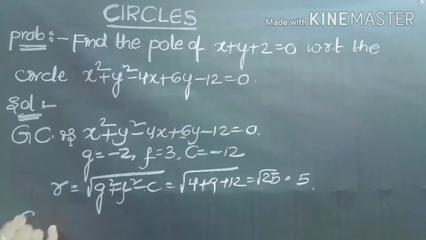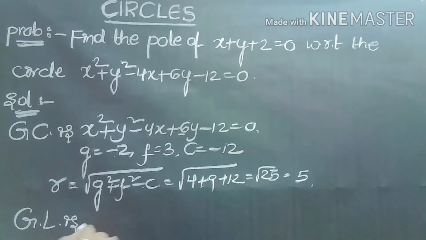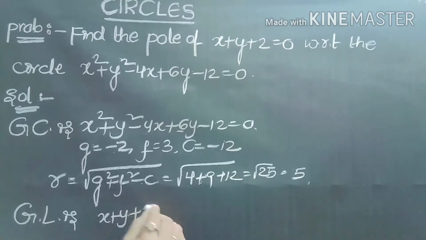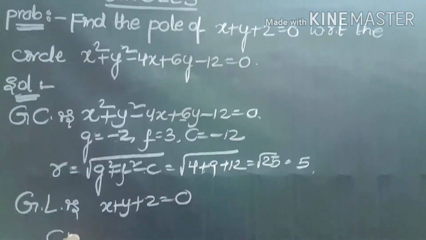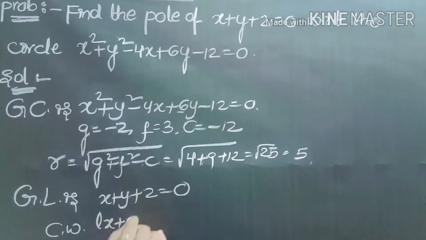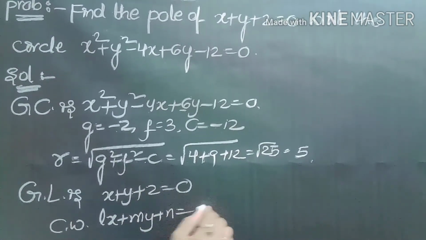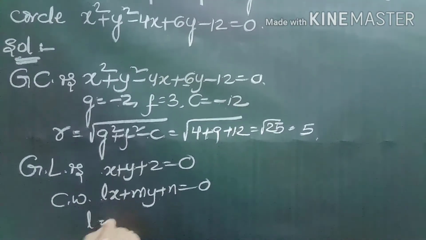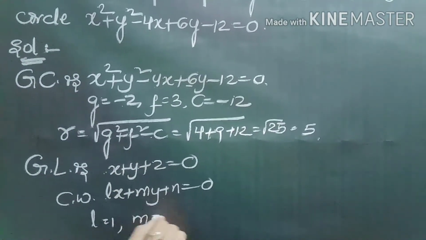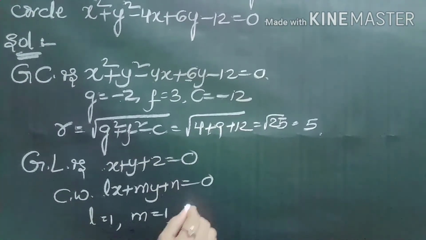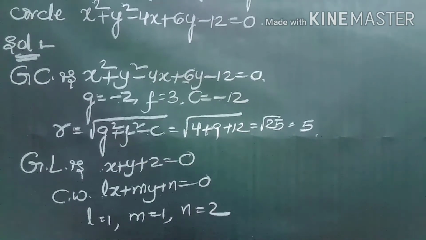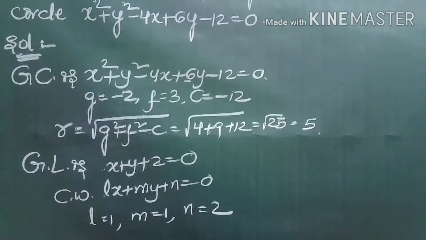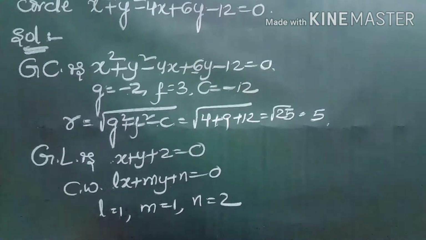Now given line is x plus y plus 2 is equals to 0. Now we compare this equation with lx plus my plus n is equals to 0. So the value of L is equals to 1, x coefficient, and m is equals to 1, y coefficient, and n is equals to 2, constant. Therefore, to find the pole, we have to take the pole formula here. Therefore, pole is equals to formula